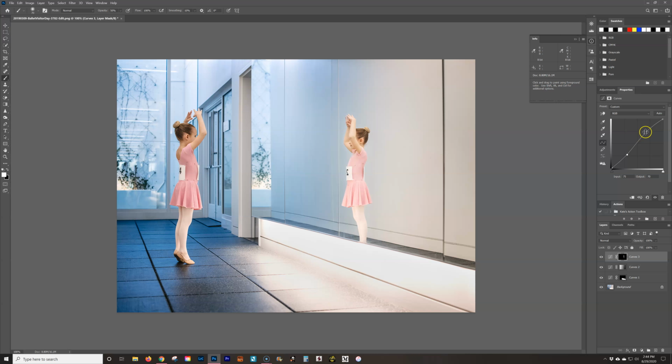I might even add a little bit more. So just increase those adjustments a little bit. And you can see there's a little bit of a halo around her. I would be a lot more careful if I was doing this for real, but for the sake of time, you get the idea. The last thing I like to do in curves in Photoshop, not the last thing, but the last thing I'm going to cover today,